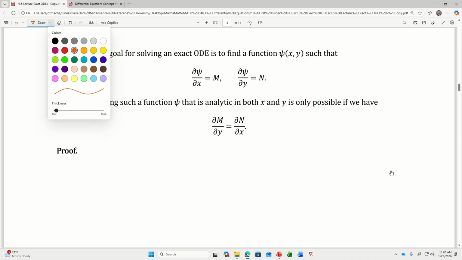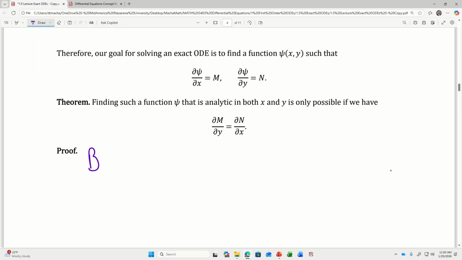And the reason is because for an analytic function, the partial derivative of psi with respect to x and with respect to y,